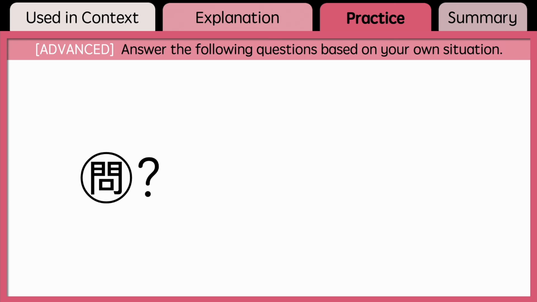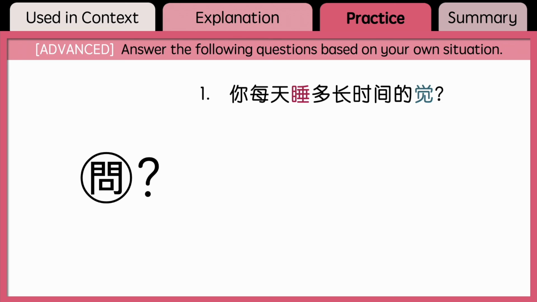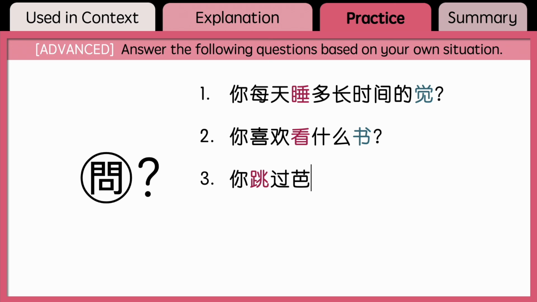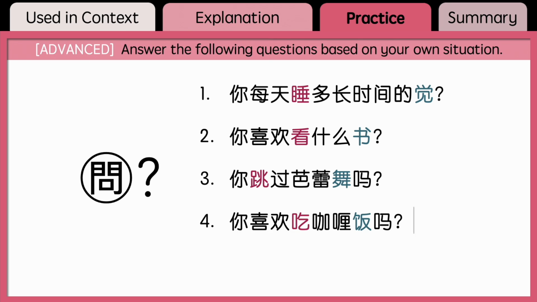These are more challenging, but see if you can answer these following questions based on your own situation. You can leave them in the comment section below. Try as many as you can, but no need to answer all of them. 你每天睡多长时间的觉？你喜欢看什么书？你跳过芭蕾舞吗？你喜欢吃咖喱饭吗？你今年生过病吗？